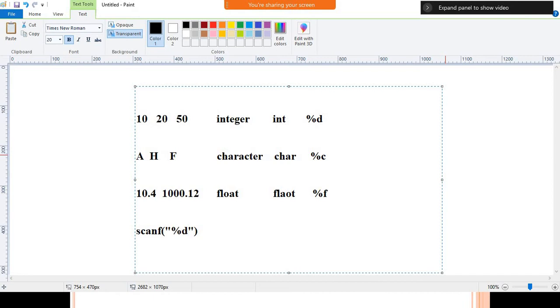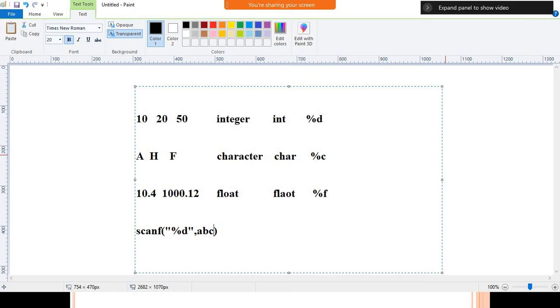After completion of that, the value will be accepted, but where do we need to store that value? For that, we use a comma to separate the statement. After that, which variable do you want to store it in? Here you need to specify the variable name. Either you can use A, B, or ABC, depending on your variable.